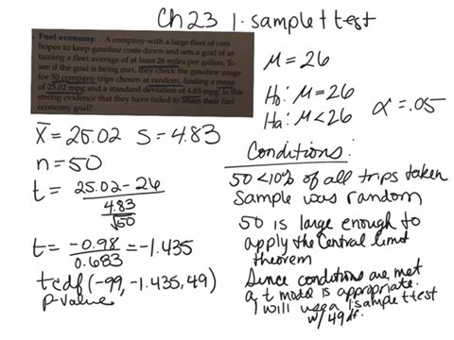So it's second distribution, tcdf, 49 degrees of freedom. The p-value is 0.079. So, p-value is 0.079. Our mu is 26, that's our H naught, and our x bar was 25.02. So that means